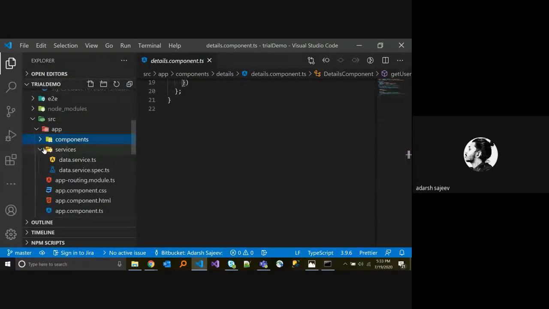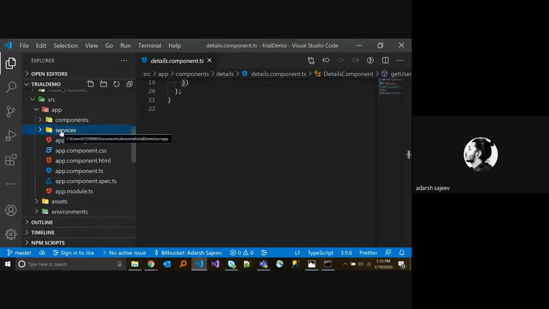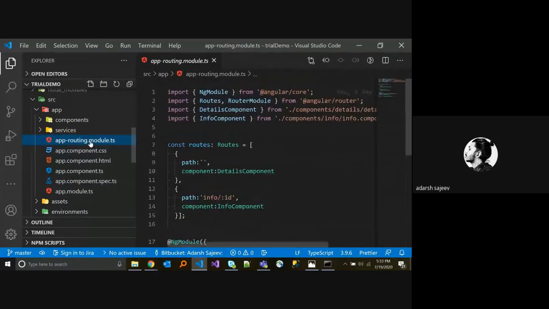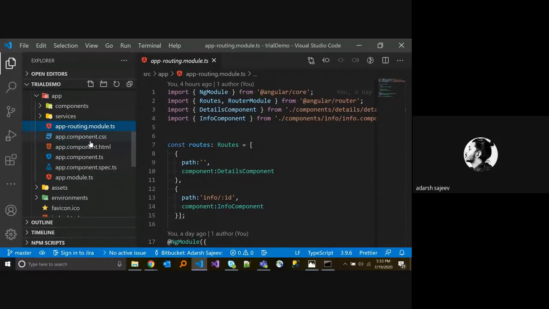Once you're creating, you'll be having this app file, source file and app file, and the app routing module, because I told, right, I created with the routing feature enabled. That's why this one is automatically created. This is a very good thing, right? The CLI is creating everything for you. You just need to update according to your needs. So you're not touching the configuration, it is still running. Only if it is needed you have to change the configuration, but you will have a working application at